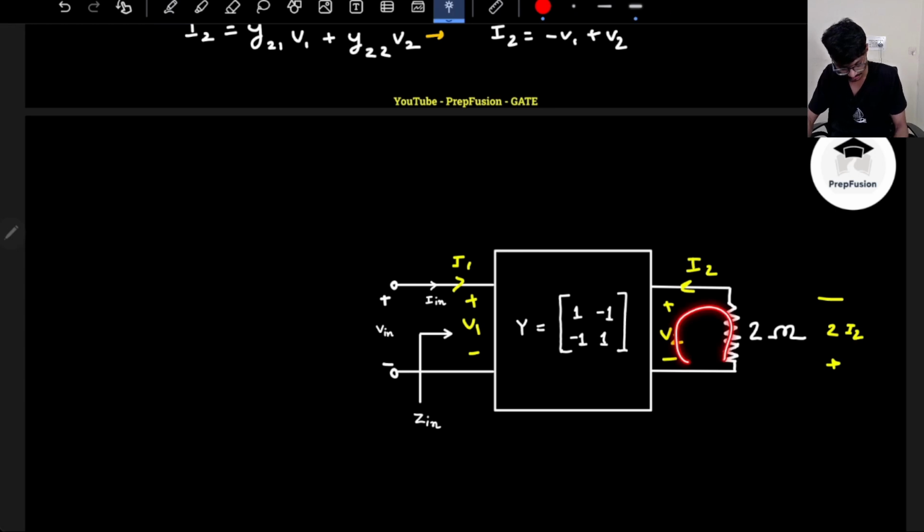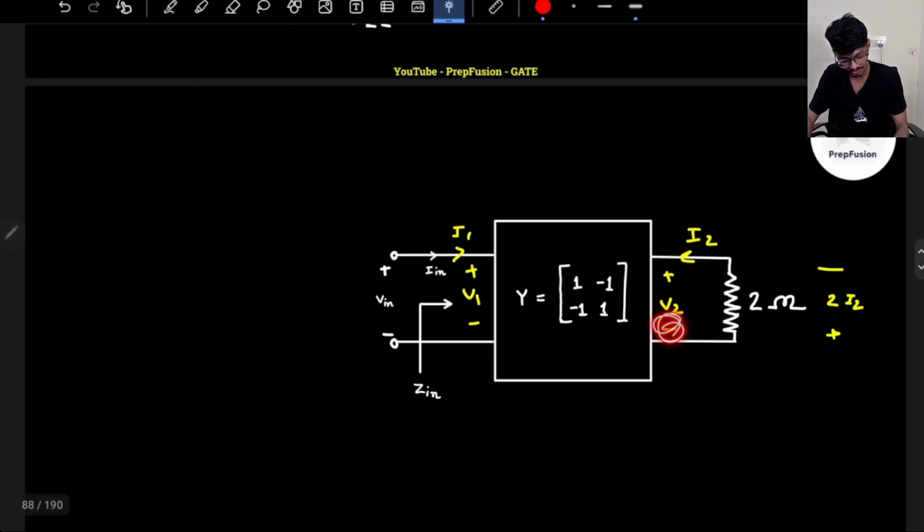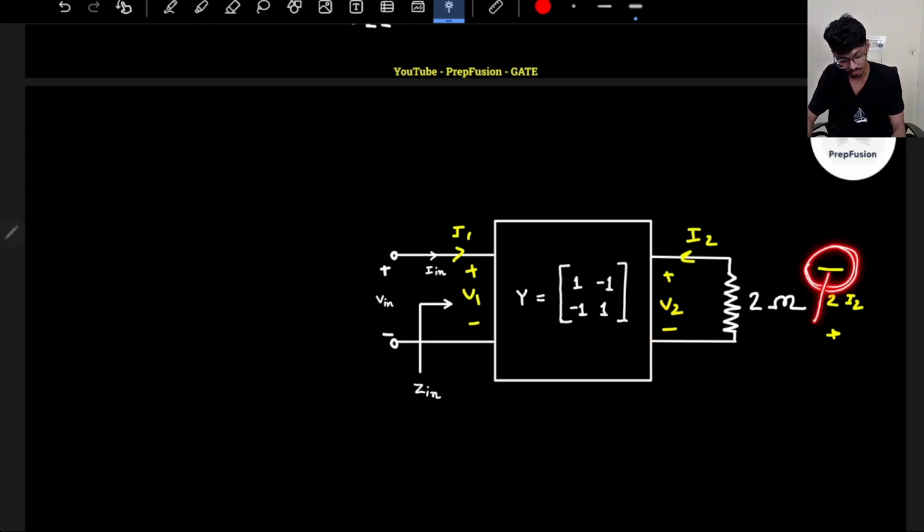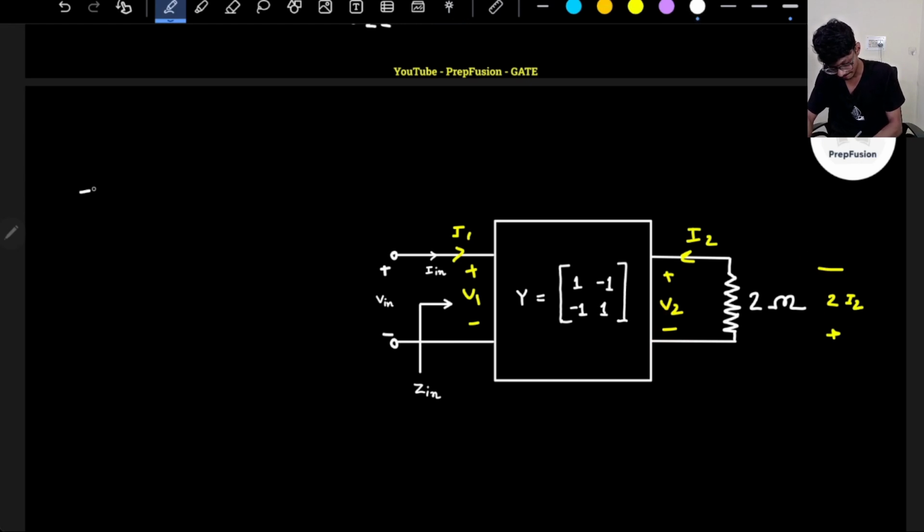So if I apply a KVL here, I always choose the first sign. Intuitively also you can see this is plus minus, this is minus plus, so obviously there is a negative sign. If you don't want to see it intuitively, you just write the KVL. What is my standard notation? I always write the first sign, so I will rotate like this. Here I encounter negative first, so I will write minus V2. Here I will encounter negative first, so I will write minus 2I2. So this will be minus V2 minus 2I2 equal to 0,